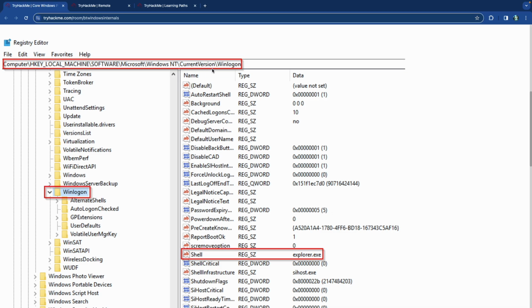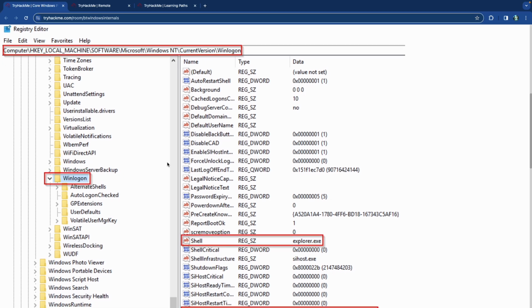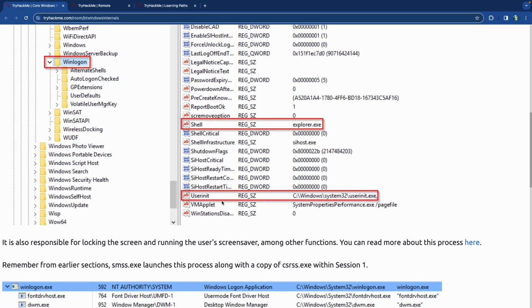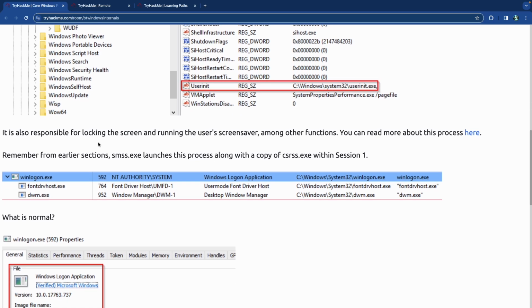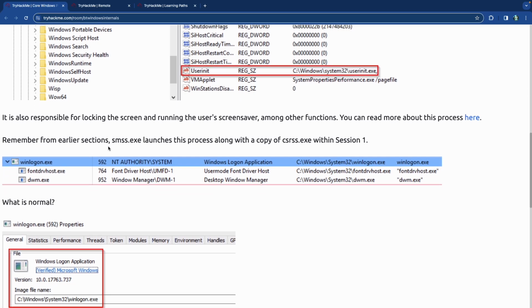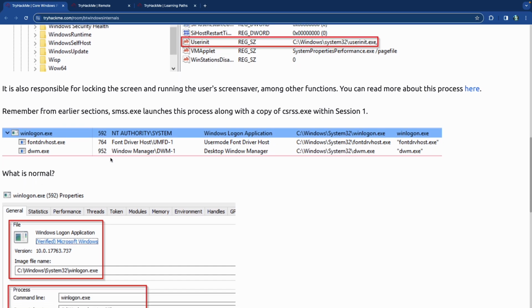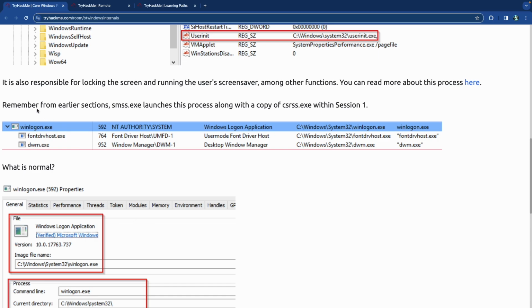And so this is what the registry looks like. If we go under winlogon, we can see that the shell is running as explorer.exe. Userinit is running at userinit under the system. It's also responsible for locking the screen and running the user's screensaver, among other functions. You can read more about it. And in the earlier sections that we saw, smss launches this process along with a copy of csrss within session 1,